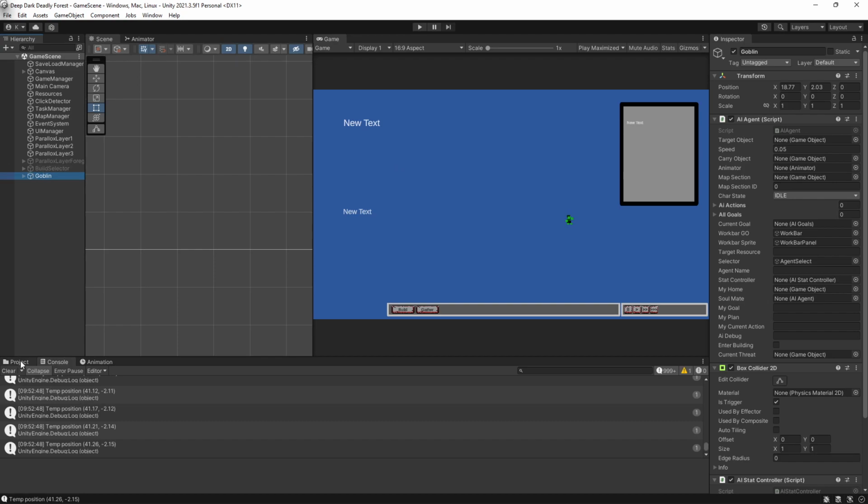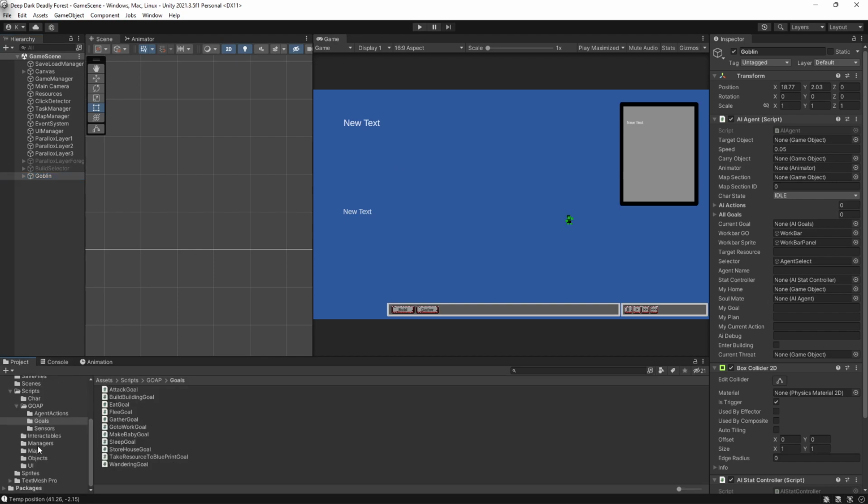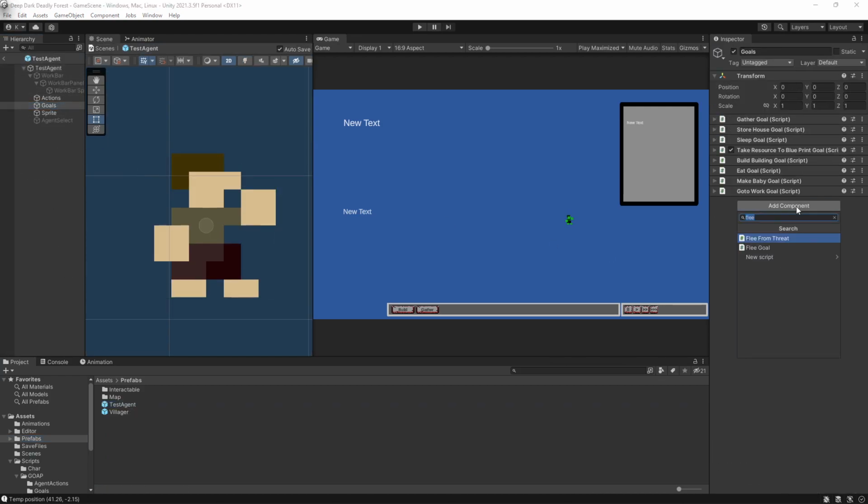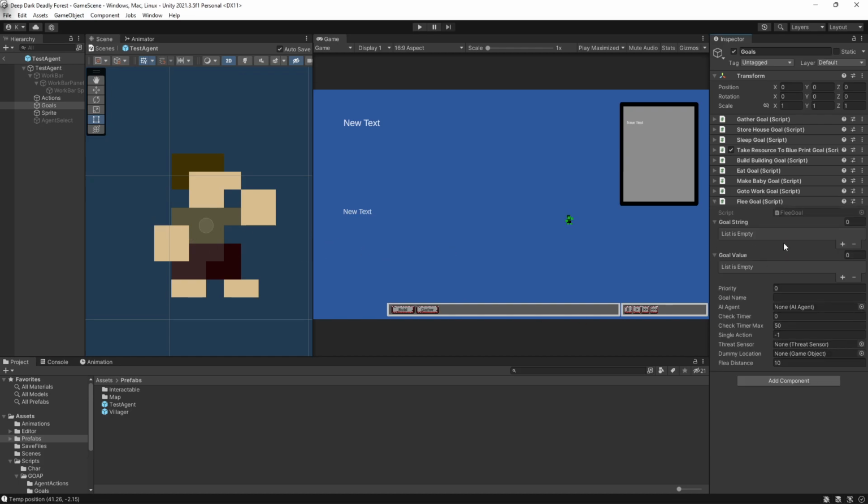But let's go to our agent. Let's see if we can include the fleeing. Yeah, let's try it. Let's go to our prefabs. We'll just test this out. Go to our goals. Let's add a goal called the flee goal. And this will be a